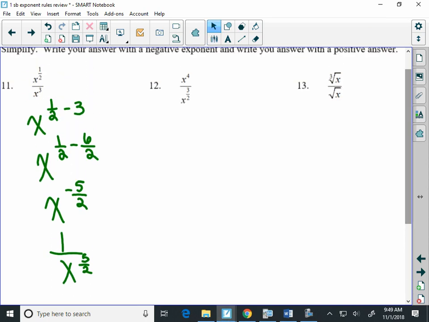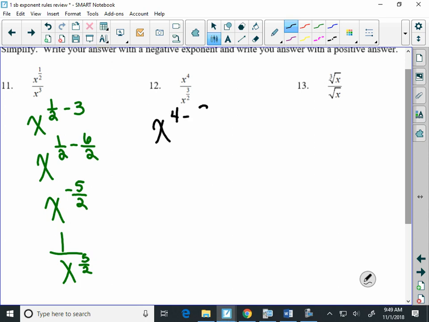Number 12. Same idea here. x to the 4th divided by x to the 3/2. Well, when we divide, we subtract. So it's going to be 4 minus 3/2. Once again, some of you are probably going to type in 4 minus 3/2. But the other way to do this is to say that 4 is the same thing as 8/2 minus 3/2,